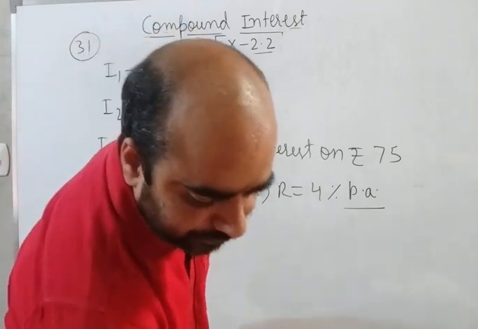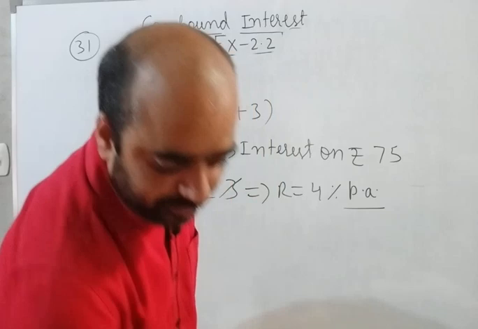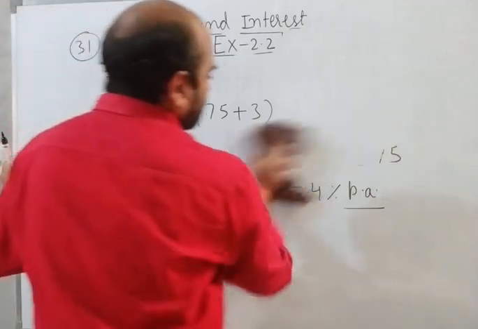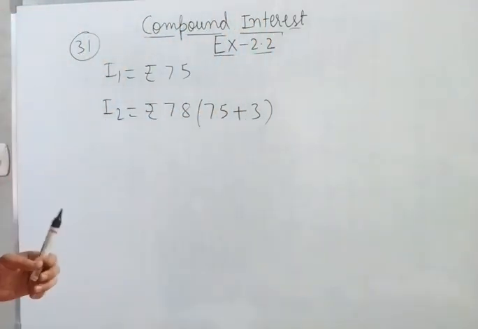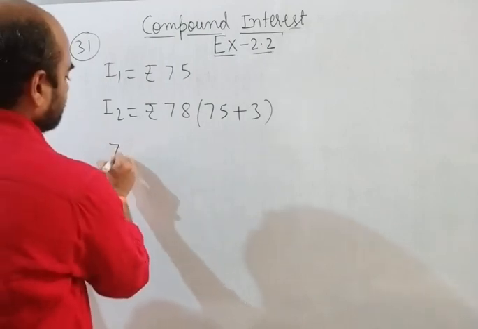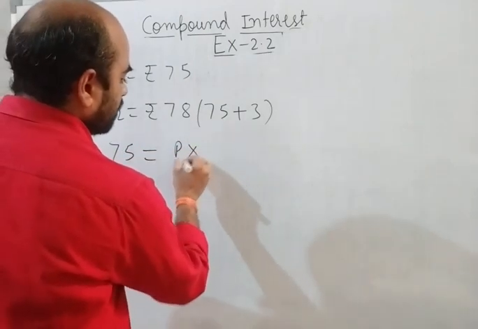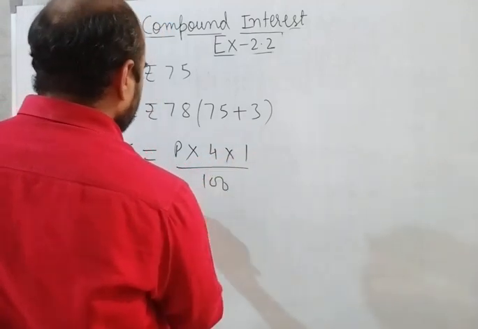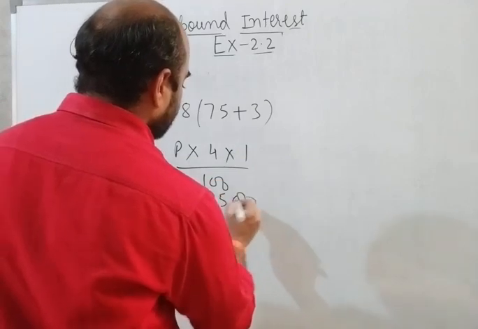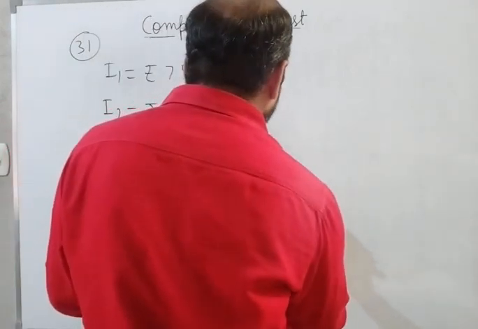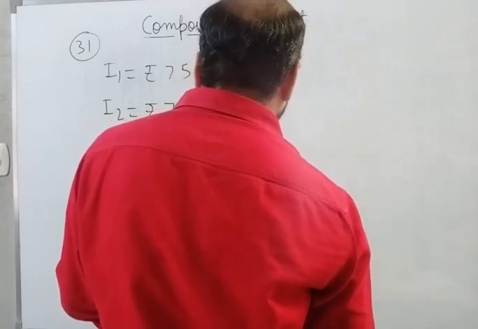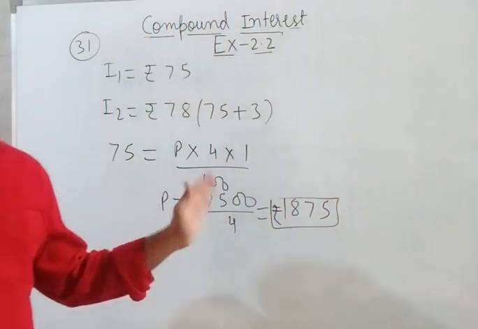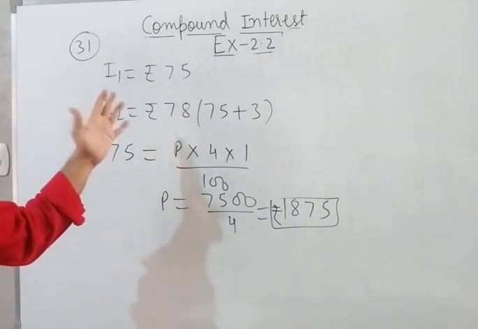Next we have to calculate what? We have to calculate principal also. Very easy. So how to calculate principal? Rate of interest is 4% per annum. So again apply the same formula, simple interest. Here interest is 75, principal is not known, R is 4% upon 100, correct? So that will come, principal will be 7500 upon 4, so that is rupees 1875. That will be the original principal.